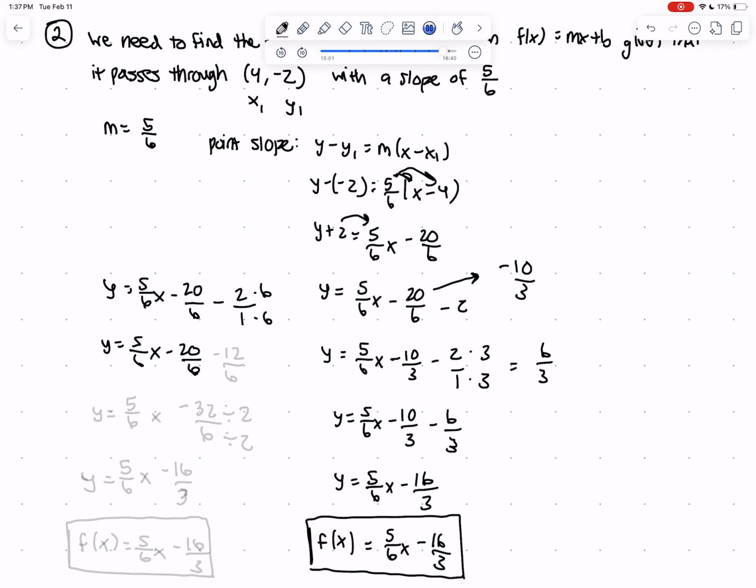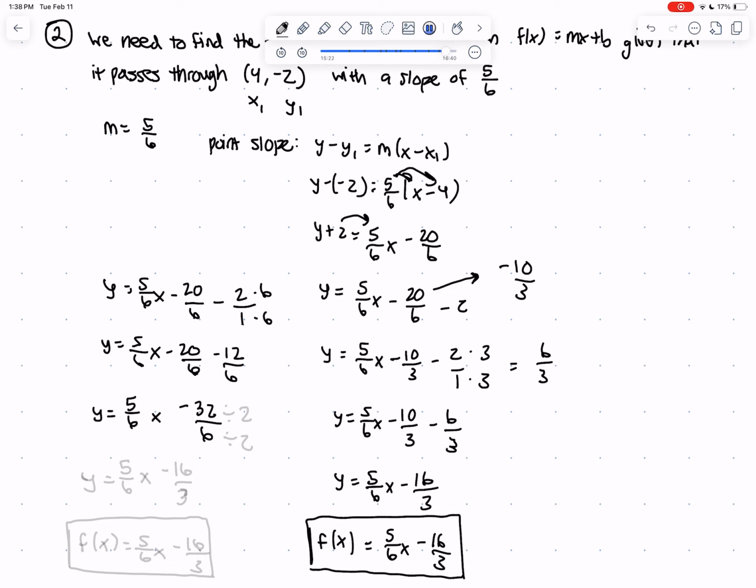That means we would get negative 12 over 6. And then we could do the subtraction, minus 32 over 6, which is technically correct,